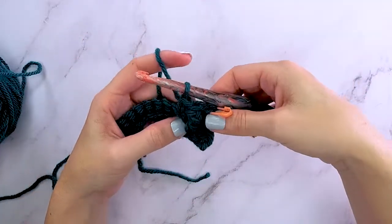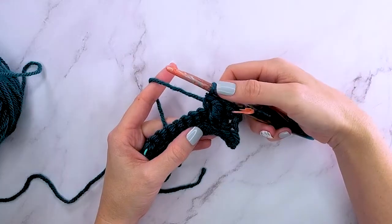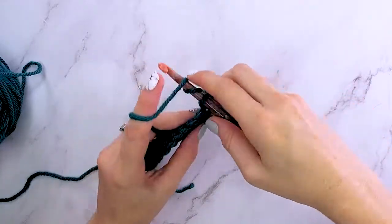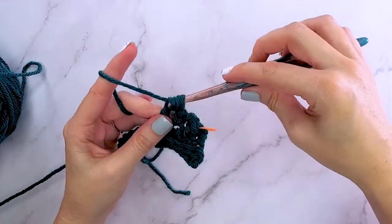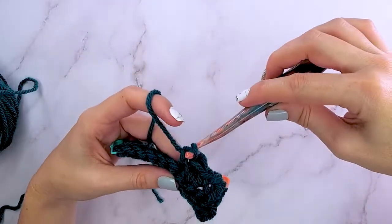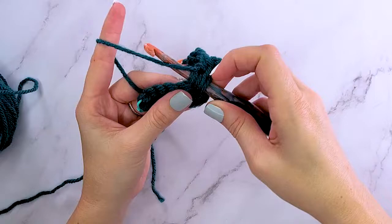What this does is it creates that bump. For this row, I'm always going to be pushing that treble crochet to the front of the work. So for this row, I'm going to be pushing it towards me. Then I'm going to repeat that. Yarn over twice, insert your hook, and complete that treble crochet, and in the very next stitch, single crochet. So we're going to repeat that across until our last stitch. We're going to do a treble crochet,